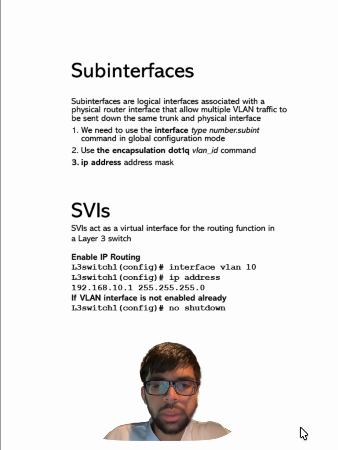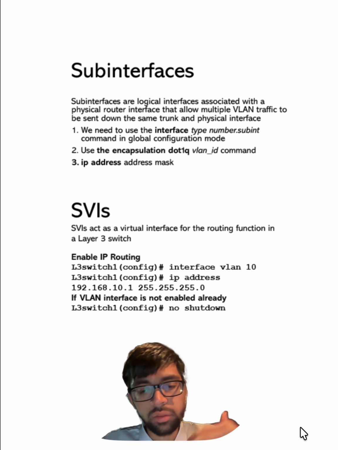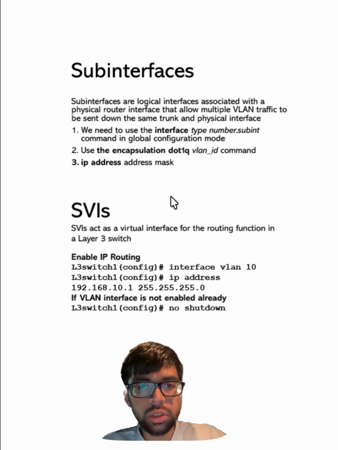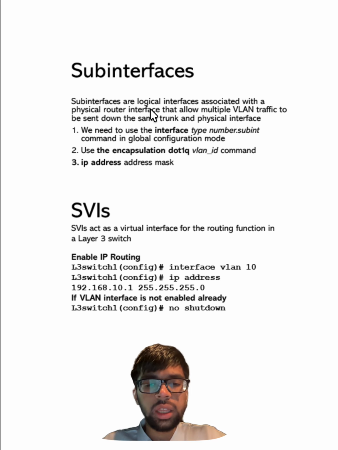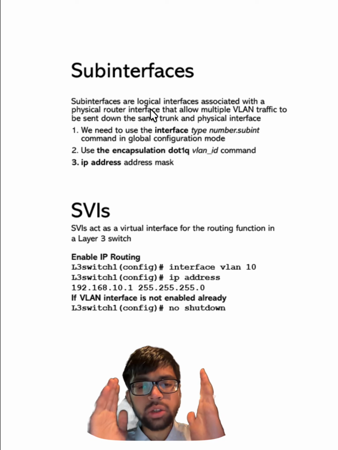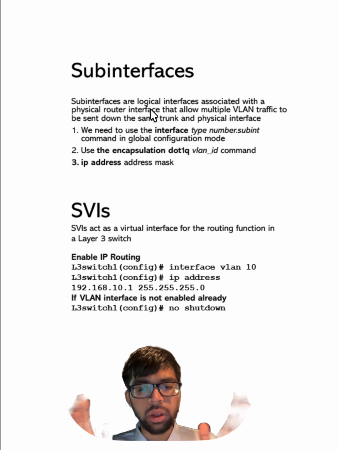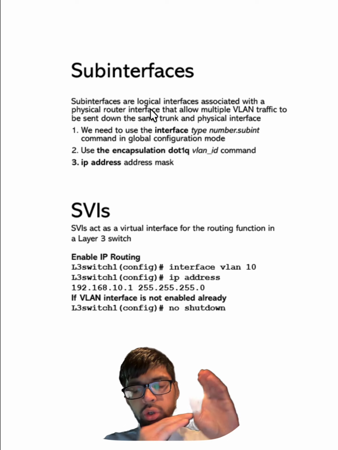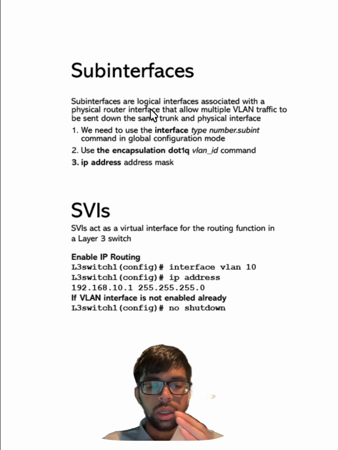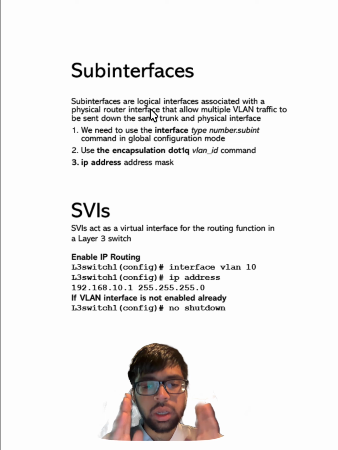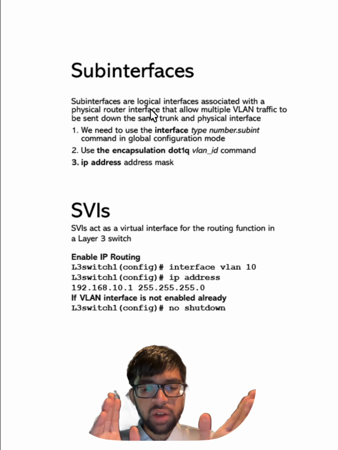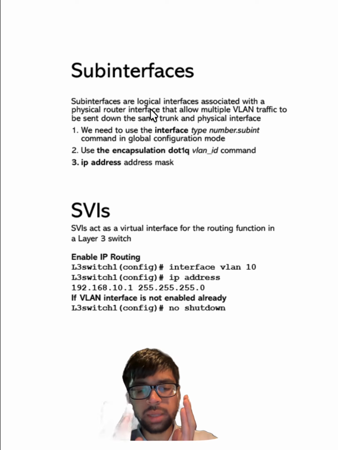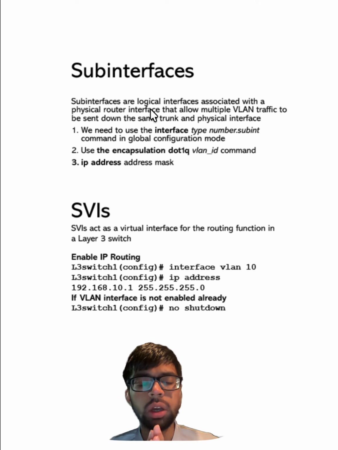Fundamentally, what we need to know is that sub-interfaces are configured on routers, switch virtual interfaces are configured on layer 3 switches. Sub-interfaces, when we think about router on a stick, what do we have? Well, we've got a router, a physical interface on that router, which has a trunk connected to it. That trunk carries multiple VLAN traffic. Now, if we've got traffic from different VLANs that wants to go over the same trunk into that same physical interface on our router, we need